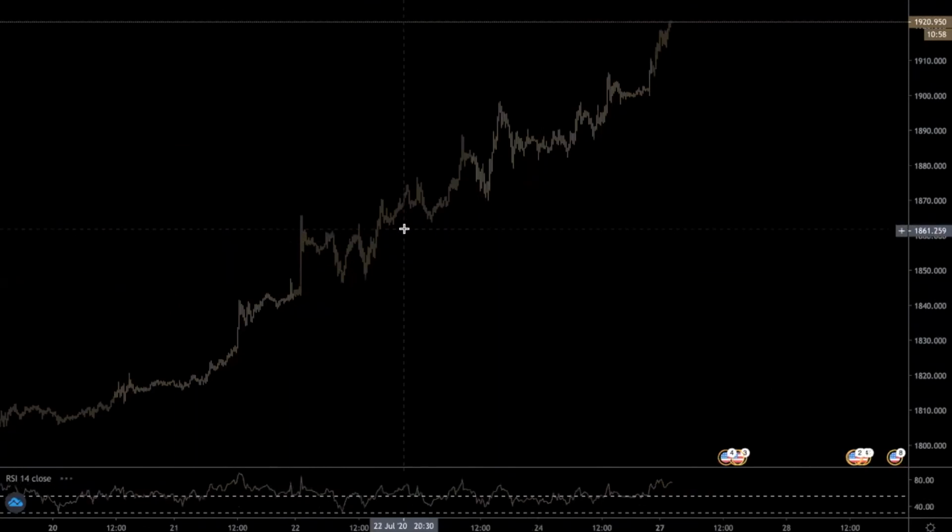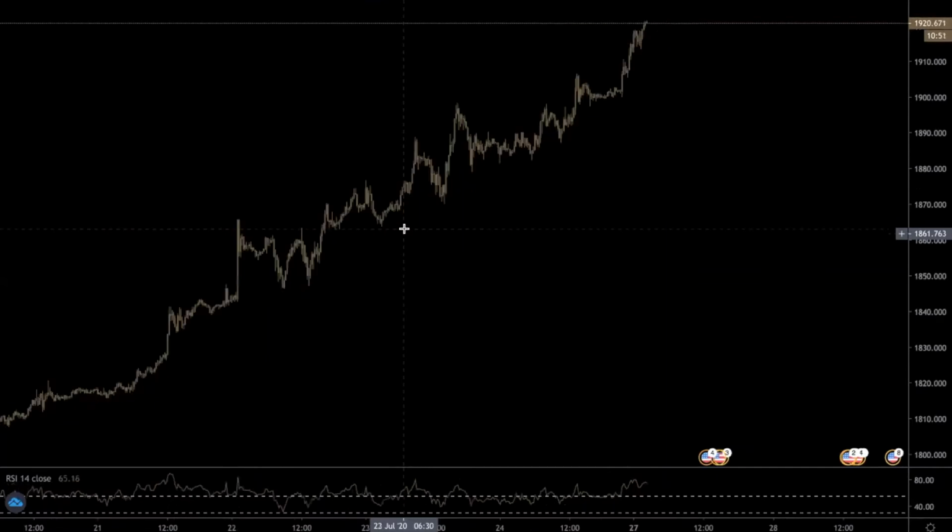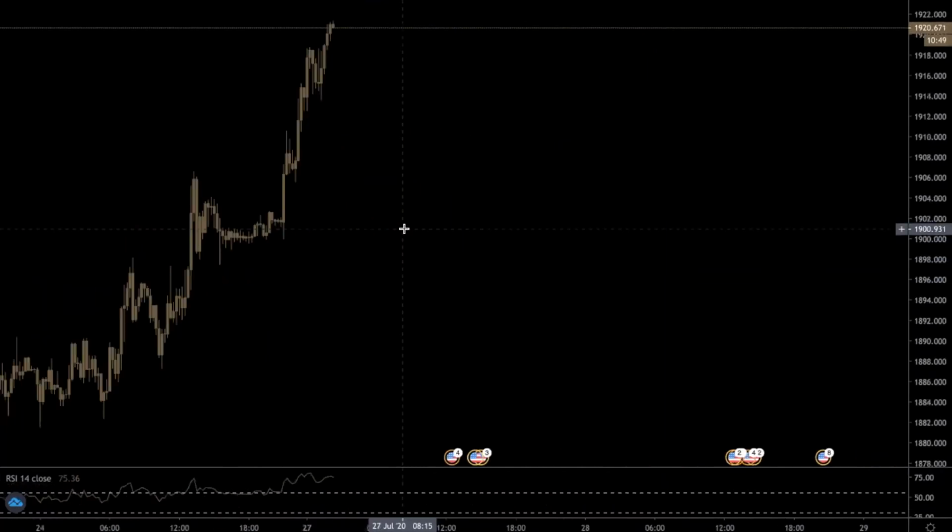So I'll be watching gold just to see if there's obvious signs of either reversal or continuation. But as it sits right now, I just think gold's probably going to keep going up and up for a little bit longer. So I don't know. I probably won't be on it too much this week, although I like to trade gold a lot. But anyways,